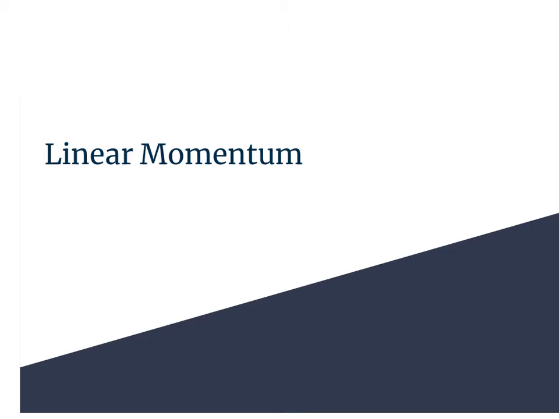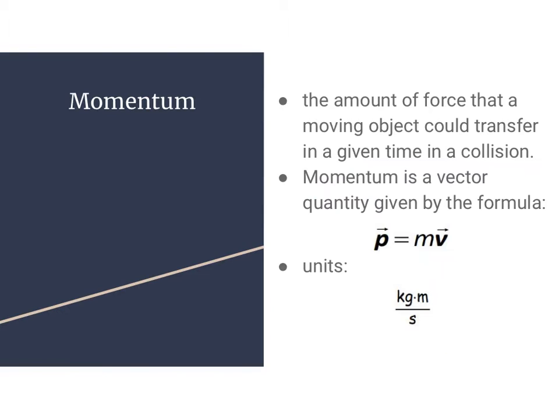Today we're going to jump right into talking about linear momentum, and it's really just a continuation of our previous discussions on force, as we'll see shortly. Momentum is simply the amount of force that a moving object could transfer in a given time in a collision. We'll talk about how that relates to force here in a moment, but our specific equation for momentum is given by what we see down here, which is simply